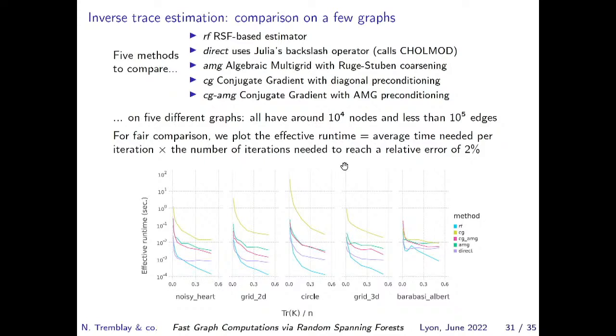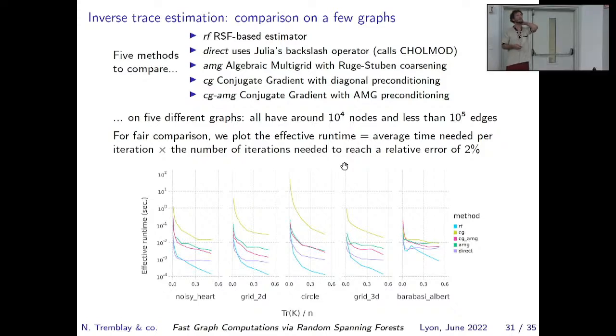Okay, and we see that, so this is trace of K, and the x-axis and y-axis is number of seconds. This is parameterized by q, of course, by small q here. And we see that we are faster than the state of the art, especially when q is large. And when q is small, well, we have this problem where it just runs forever. Other methods explode as well, for stability issues mainly.